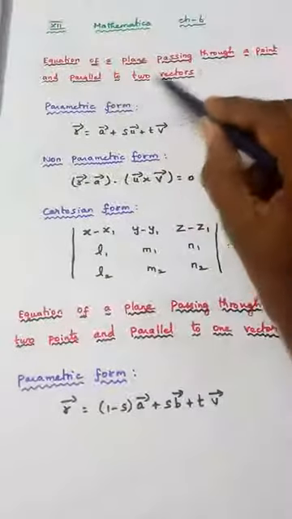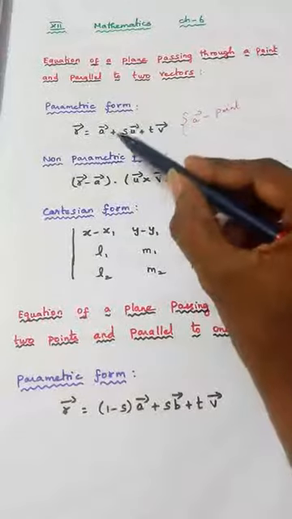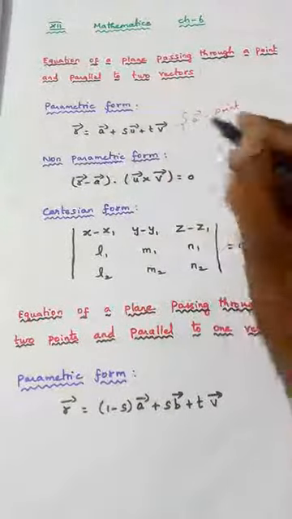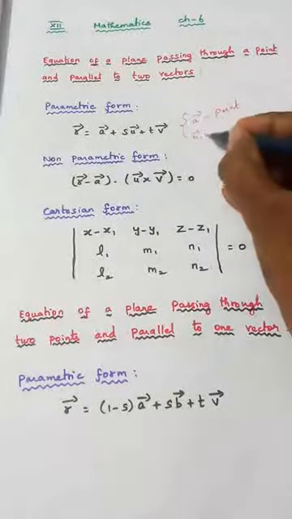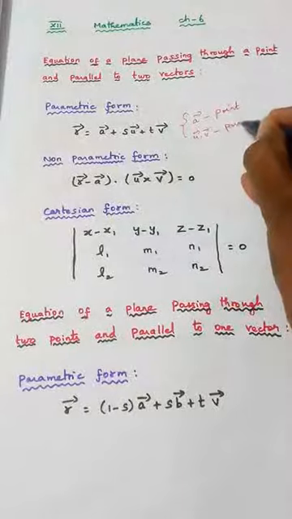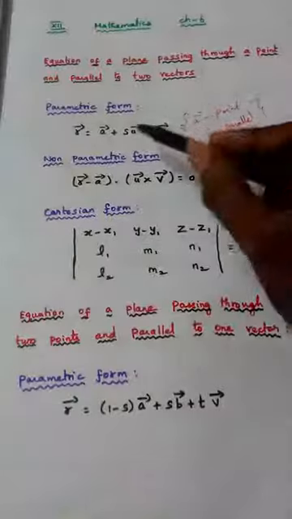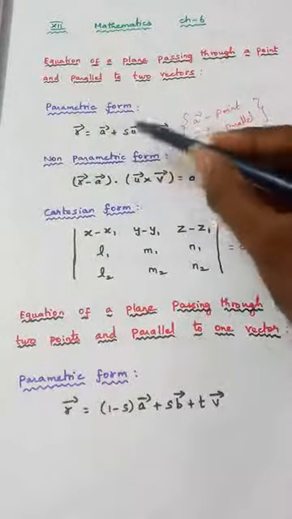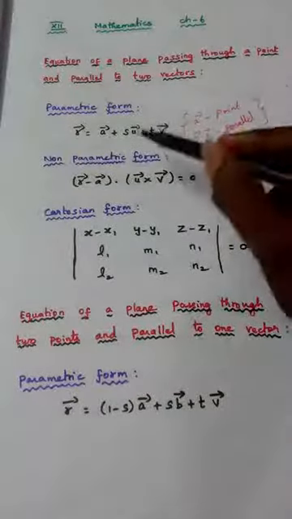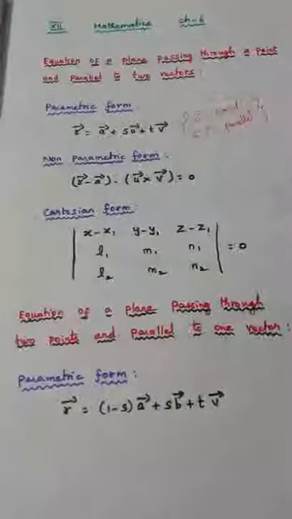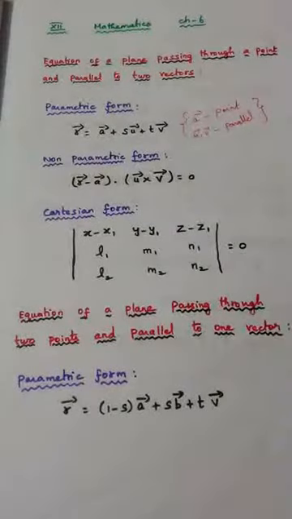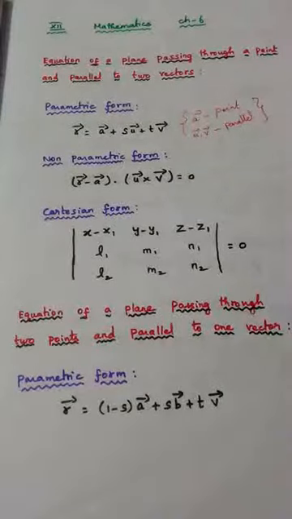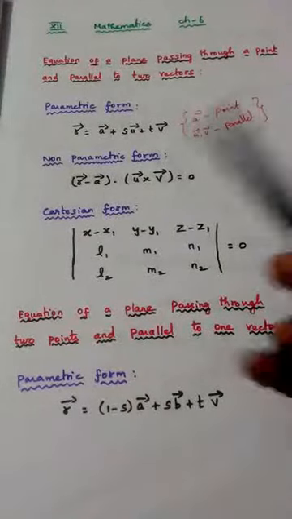And the plane is parallel to two vectors. If you see the formula, a vector plus s u vector plus t v vector, here u vector and v vector represent the parallel vectors. So you should know this formula, as well as what a vector, u vector and v vector are. When we have to apply this formula, under what heading this formula comes, all these things you should know. You may get a 5-mark question from this exercise. So just understand it, observe it very carefully. Then only you will understand the problems.